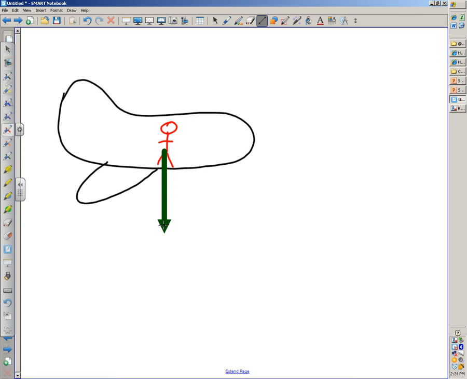Same thing happens as when I drop the ball and it goes to the ground, right? But if I drop both of them at the same time, what's going to happen to the book? It's going to land first? Well, it's going to start falling too, right? Okay? Here, let's do this. Ready? This wasn't really a good drop, but, okay. The ball and the book both hit the ground at the same time because gravity acts on both of them